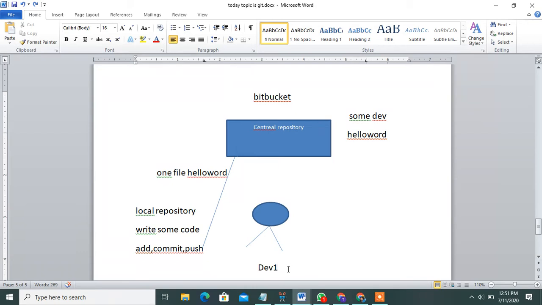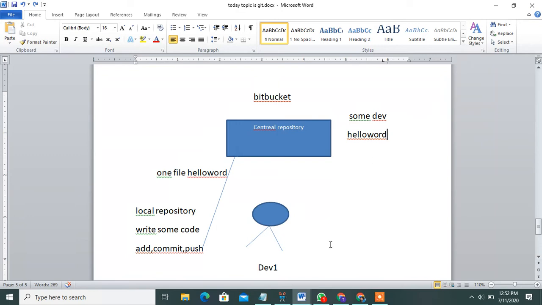Okay, understanding the local repository: one developer works on the local repository with one file, hello world, writes some code, then adds, commits and pushes to the central repository, where it is stored in that folder. In the central repository, some developer modifies changes and commits them, and they are stored in the central repository.